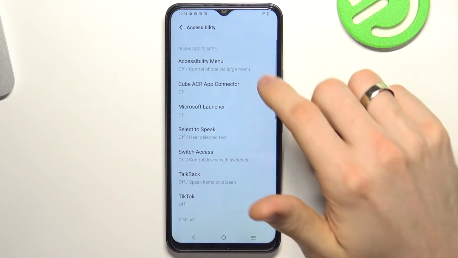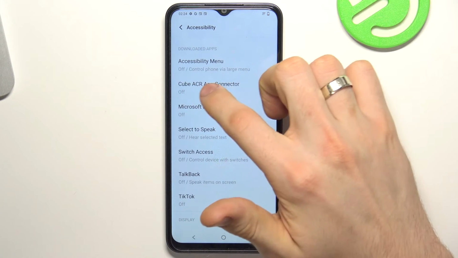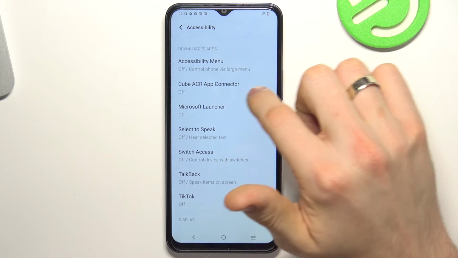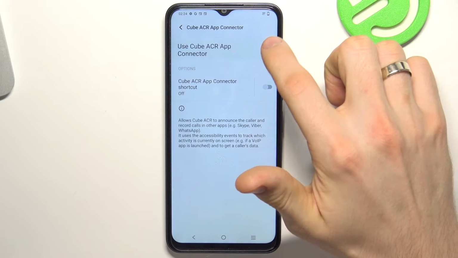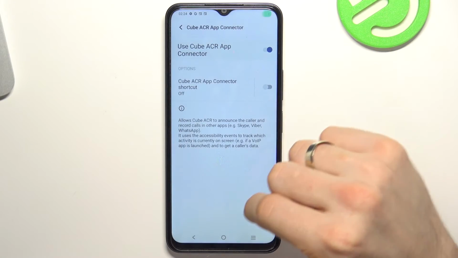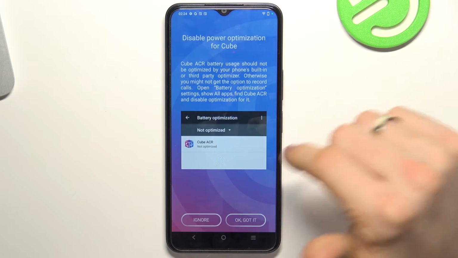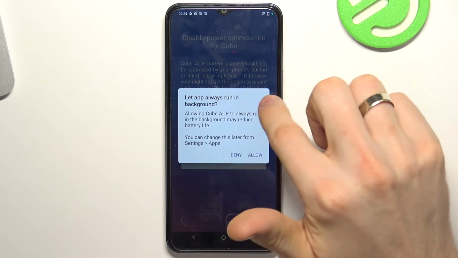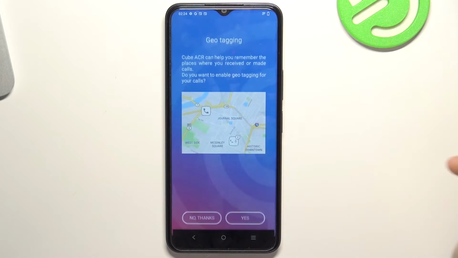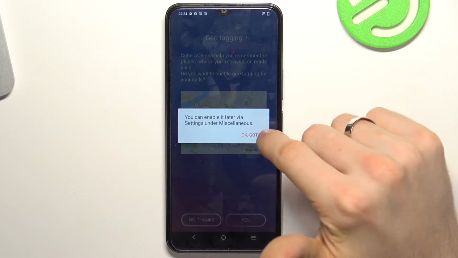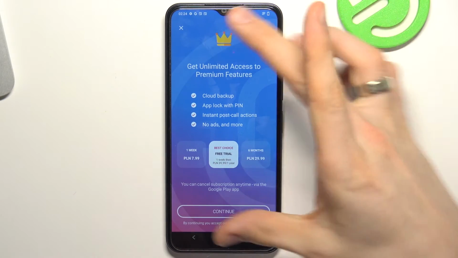enable app connector, find here Cube ACR app connector, click on it, click use Cube ACR app, allow, click OK, got it, allow to run in the background, click allow, click no thanks, OK, got it, and great, here you have